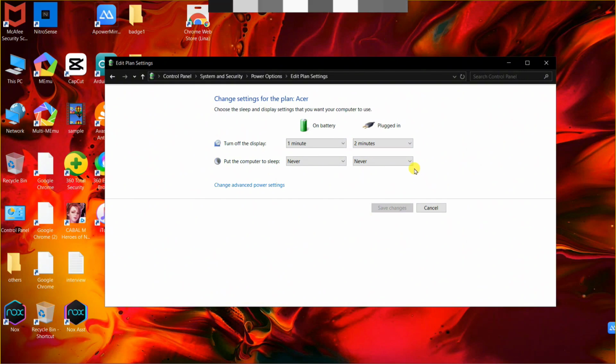Now, after you set this up, go ahead and check for overheating or hardware issues. Monitor GPU temps using tools like HWMonitor or MSI Afterburner, and then clean dust from fans and ensure proper airflow. And the last thing that you can do is to roll back to a stable driver